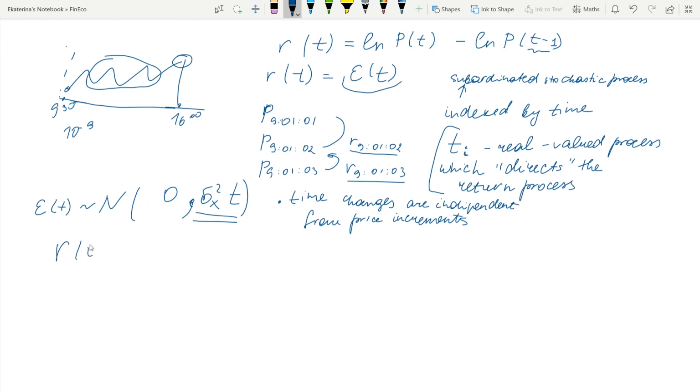Another way of looking at this: if you look at the return indexed by I, given the time increment, t_i minus t_{i-1}, again, here I denotes a very teeny tiny time increment, a nanosecond increment. Then in the stochastic world, we could say that conditional on the time increment, our returns would be normally distributed, where the variance of the stochastic process is indexed by time.